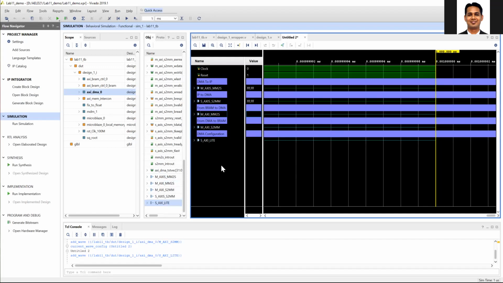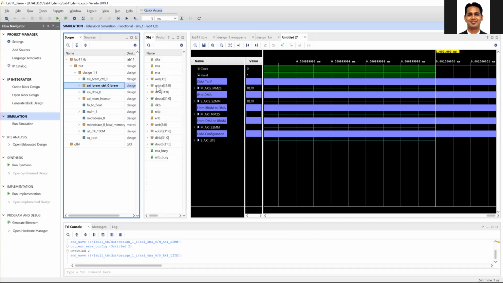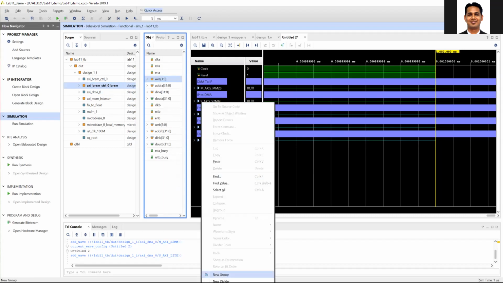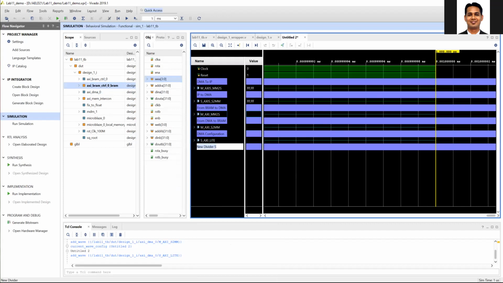Then what else we can see? Okay, so these are related to the block RAM. Then we'll see what is going on inside the block RAM. So let's add all these signals. So we'll see that this is the block RAM interface, the non-AXI block RAM interface.